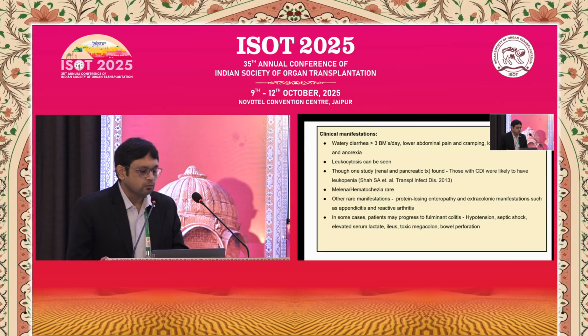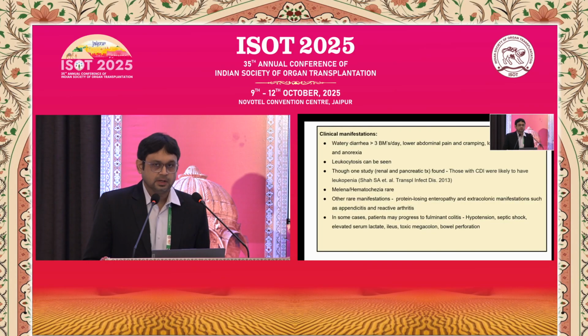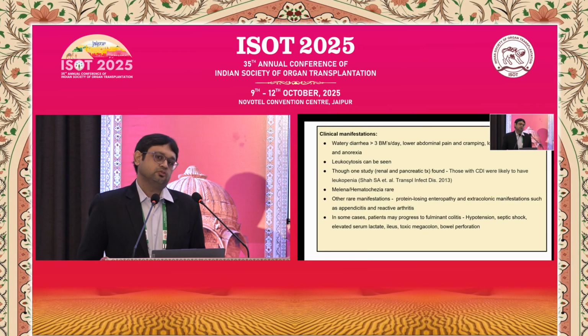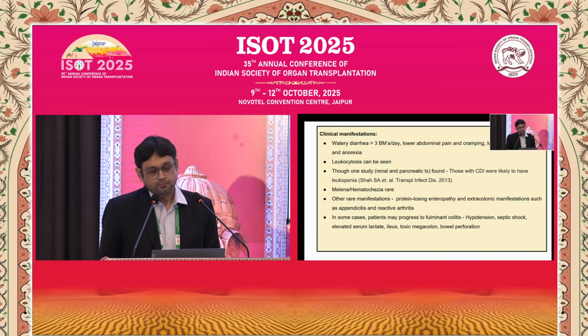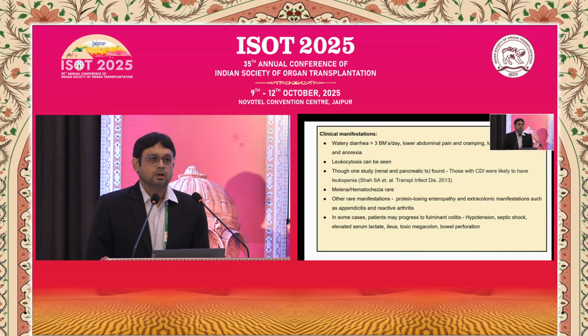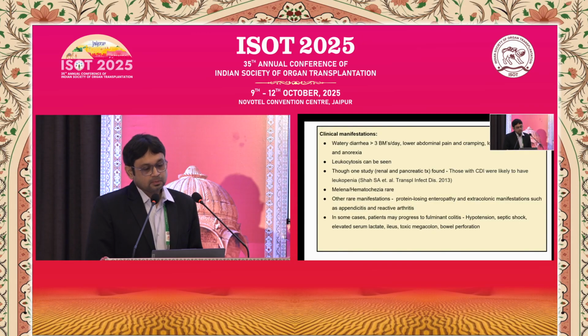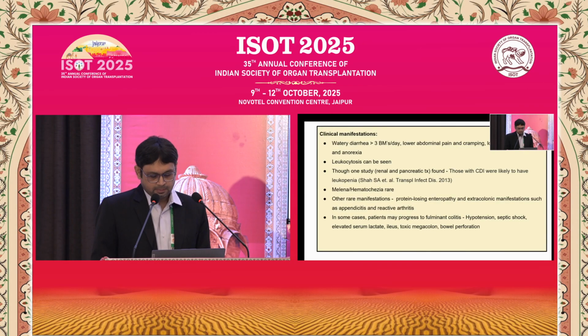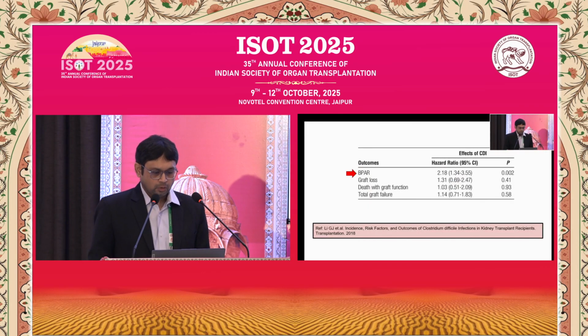What we need to look out for is this syndrome known as fulminant colitis. And again, literature shows that up to 15% of our solid organ transplant recipients who have C. diff can actually have fulminant colitis. So that's significant. So fulminant colitis is when you have signs of hypotension or hypoperfusion, so septic shock, increased lactates. And the important point here is that we should be able to pick these patients in the pre-fulminant period, because that's where you will want to add another IV drug and so on.